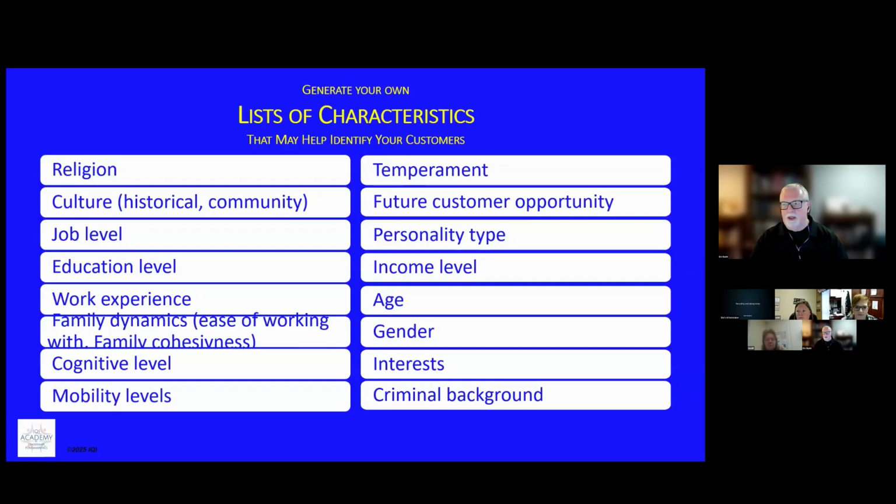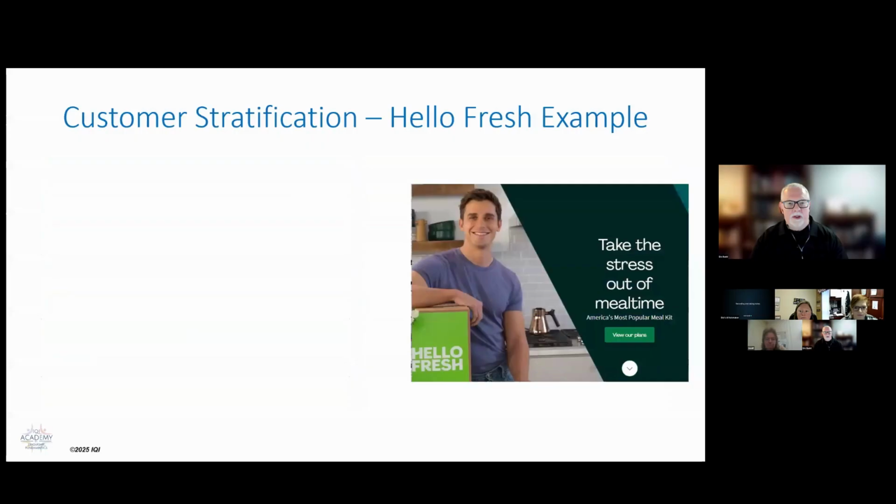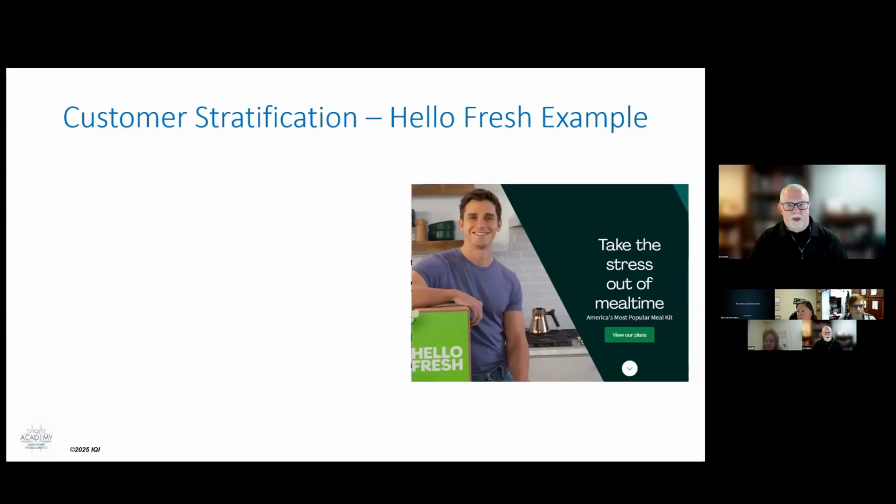As you're working on the next part of our exercise, you can see that. So that's the end of that one. Here's an example of customer stratification with HelloFresh. Have you guys ever heard of HelloFresh? Yeah. They're a meal delivery service. You could sign up for 1 to 2 person or 3 to 4 person meals.